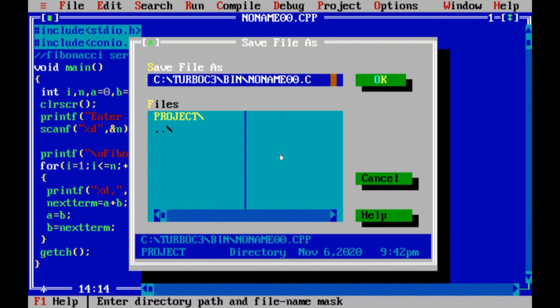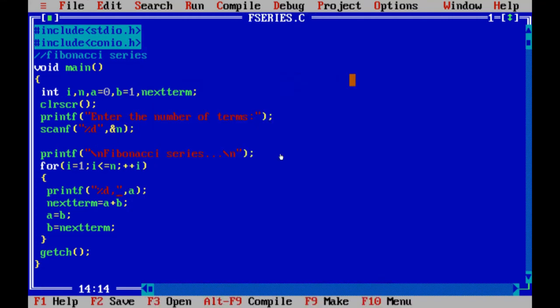So just reduce it to .c and name your file. I'm going to name it Fseries. Okay, and just clicking enter. You can notice that the name of that program is changed.